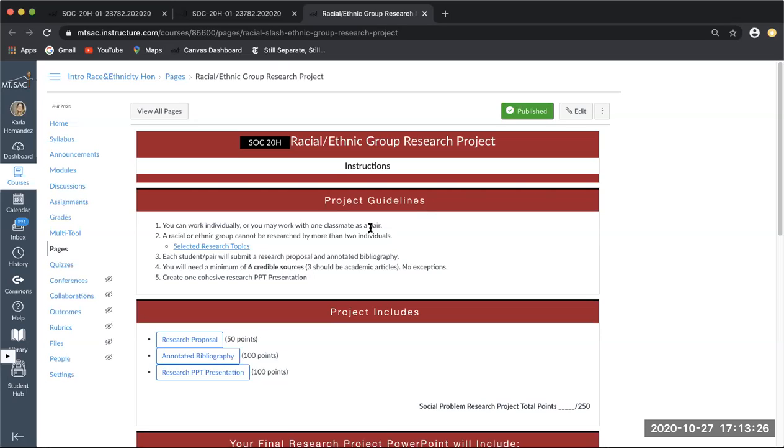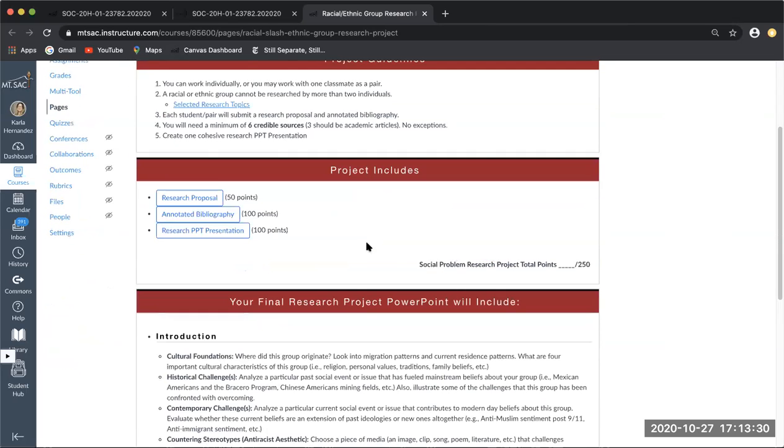Just keep in mind, if we go down, if you notice cultural foundations, where did this group originate? It's going to be a bit more complicated for you to explain with a racial group because you're going to be looking at a large group of people. Let's say you're interested in doing your research on Chinese Americans.